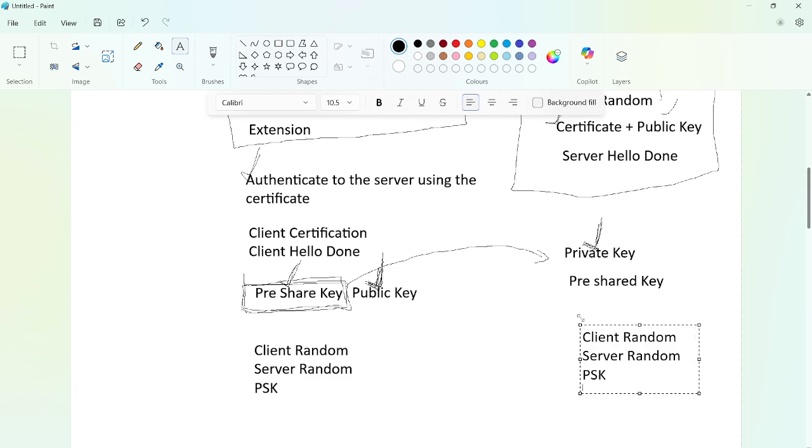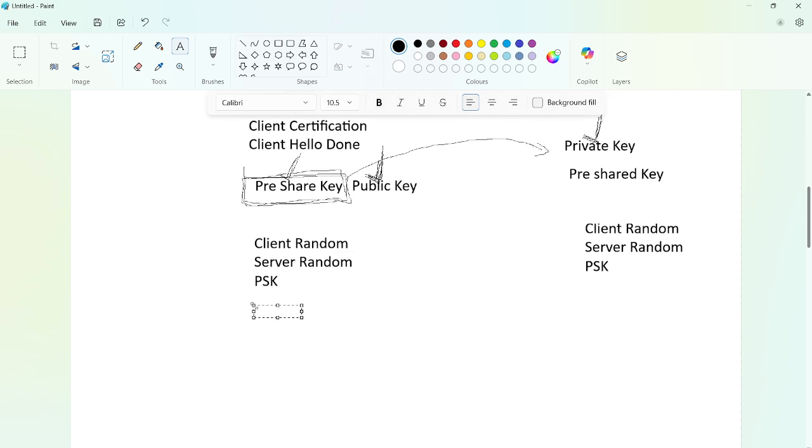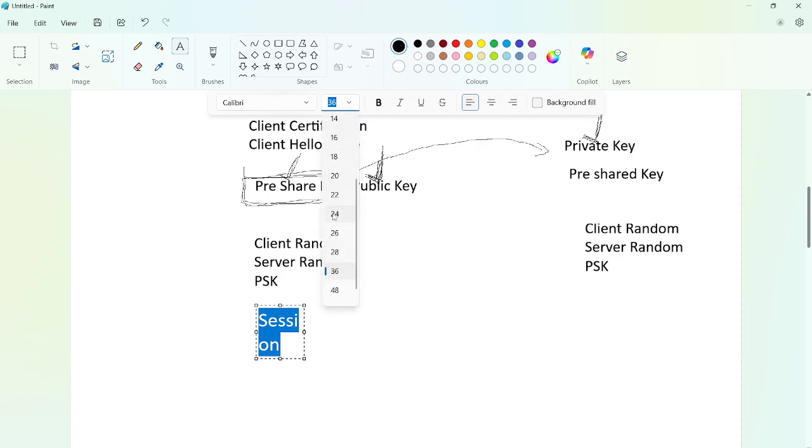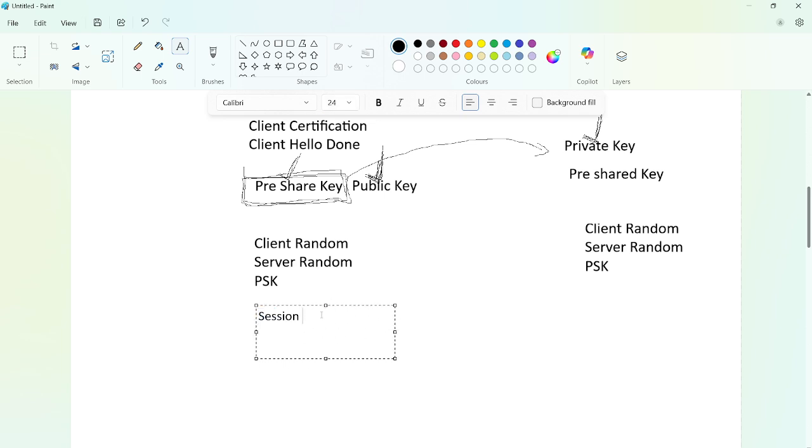Using all these, the client and the server are going to generate session keys.